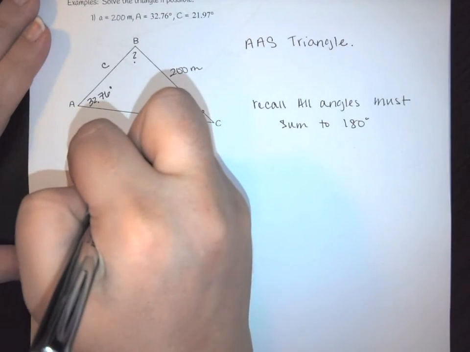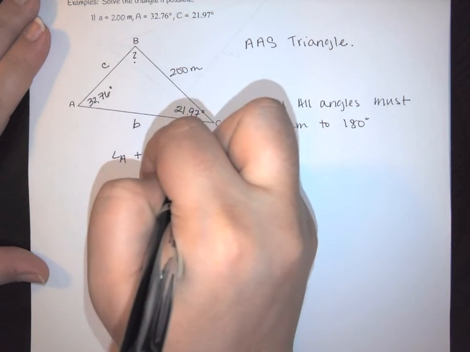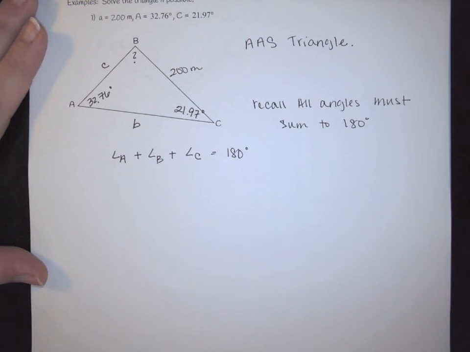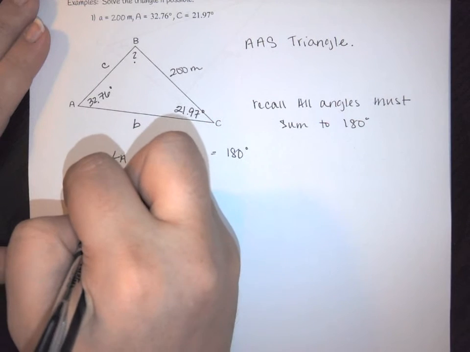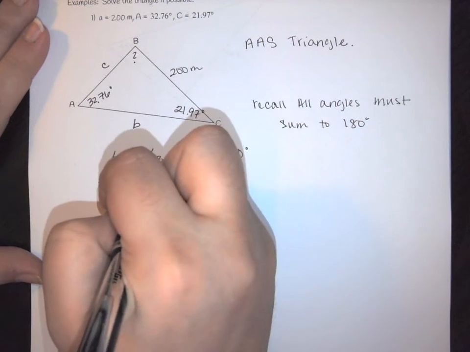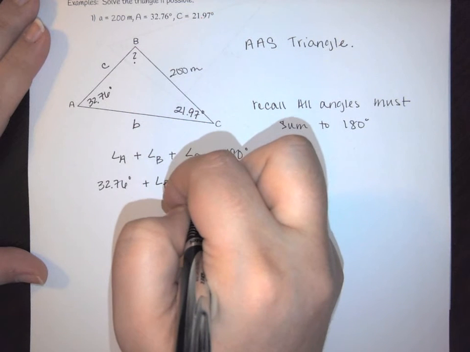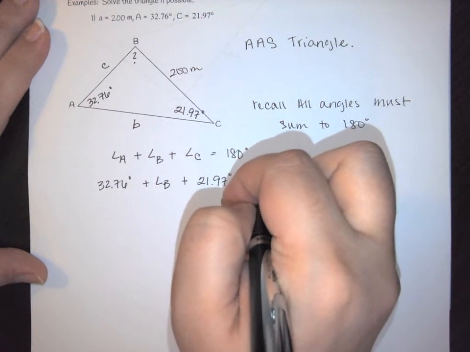I know angle A is 32.76 degrees. I don't know angle B, it's what I'm trying to find, but I know angle C was 21.97 degrees, and this should give you 180 degrees as a result. Therefore, when we sum it all together, we find out that angle B is